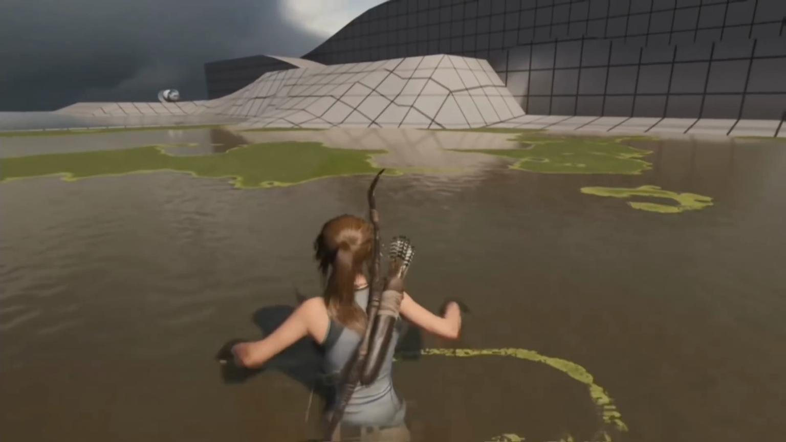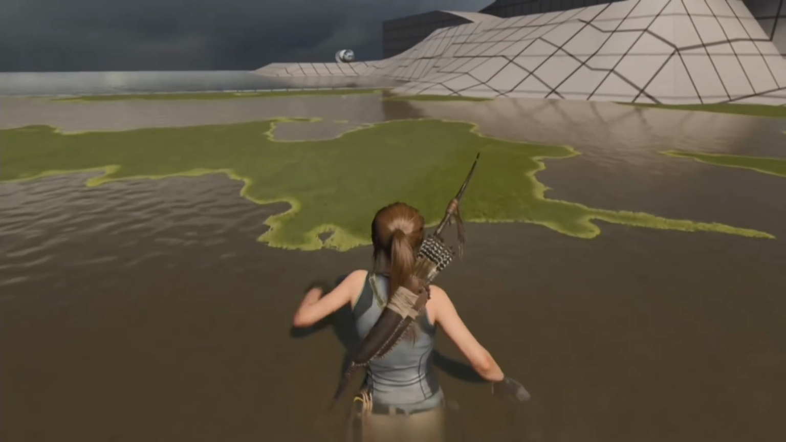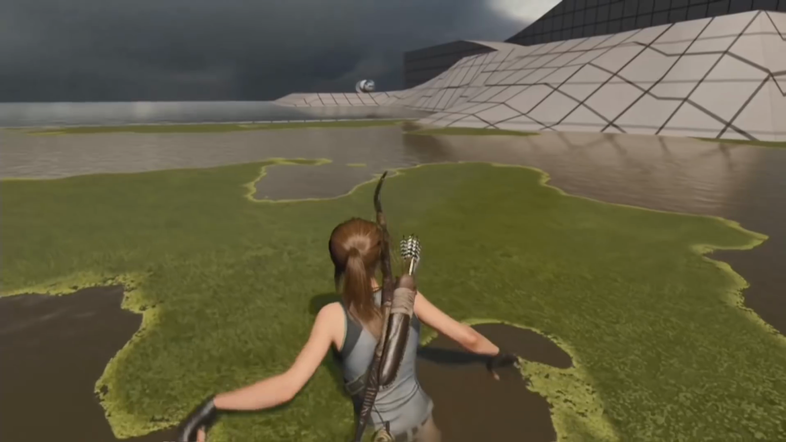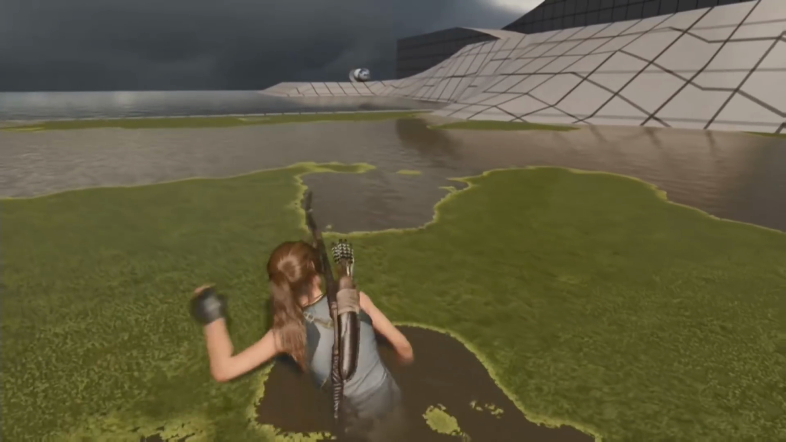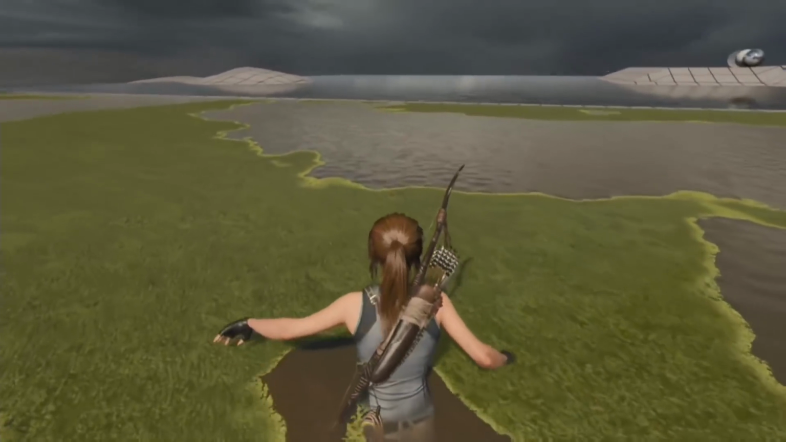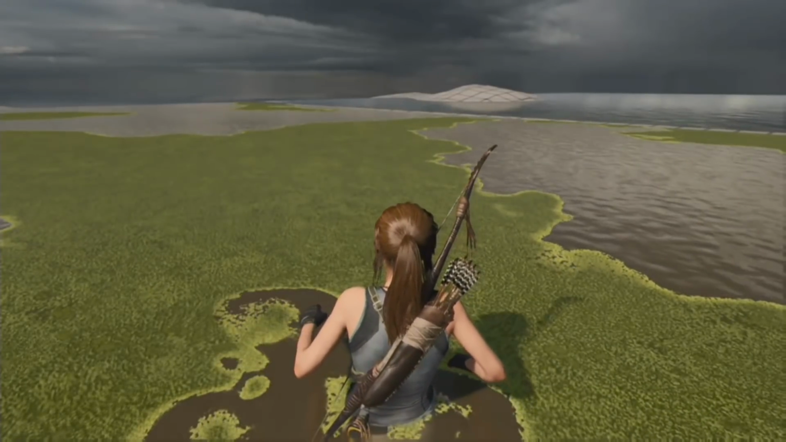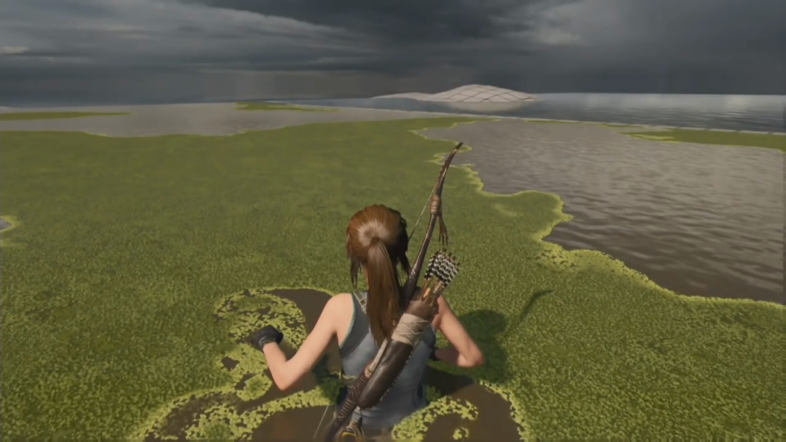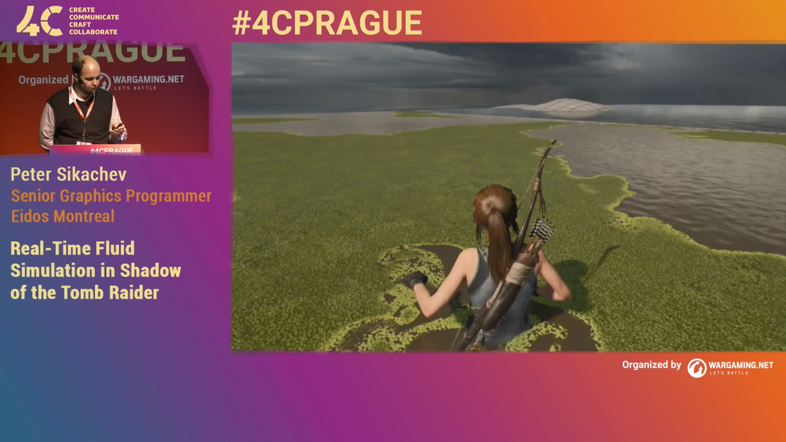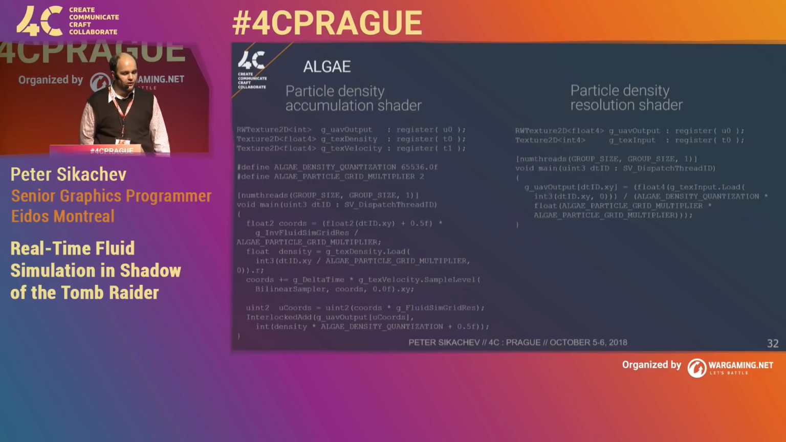So you can see that when the character moves through algae, she's really pushing it, and it's clumping on the edges of the simulation. You wouldn't have this effect if you were just running exactly the same simulation you ran for oil and water. So here is the code for the